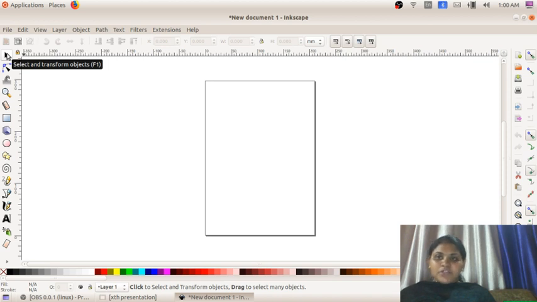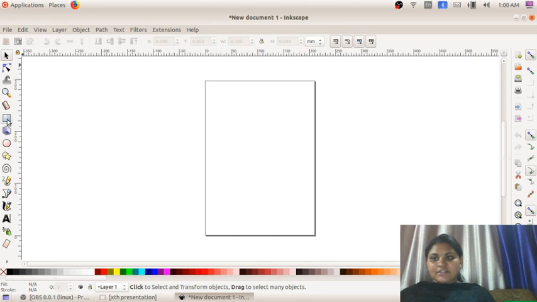What is an object? Object is what we are drawing here. The picture or the text, what we are drawing here, is the object. So this arrow is for selecting and transforming objects. Another one is edit paths by nodes. It's for editing nodes.